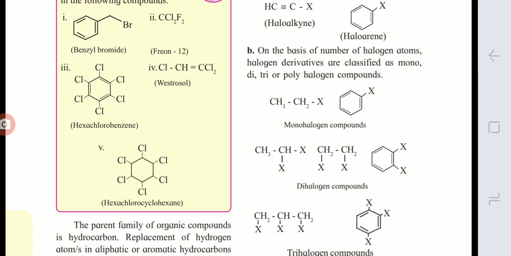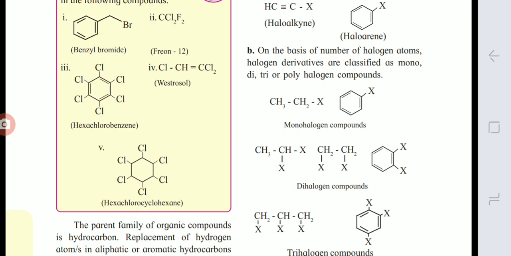In the next structure, if we write numbering to the carbons which contain halogen in clockwise direction as 1 and 2, your halogens are present on the 1 and 2 carbons of the benzene ring. So the parent compound is benzene, so it is 1,2-dichloro. If there is chlorine, here we can write 1,2-dihalobenzene as a parent compound.